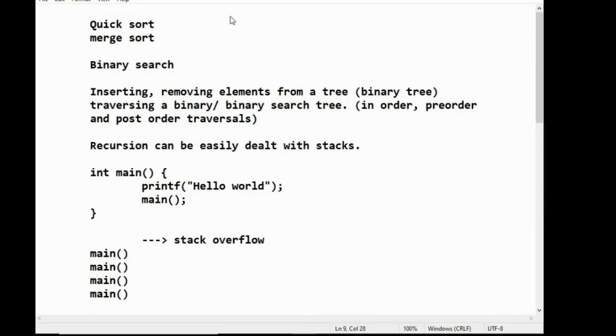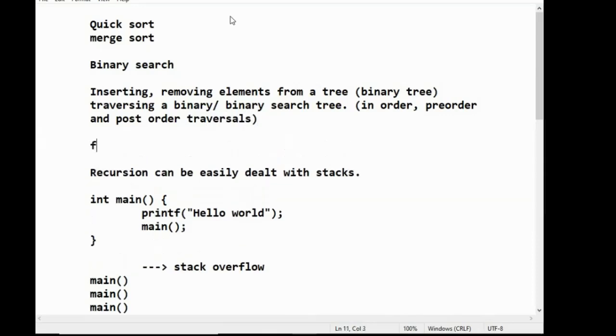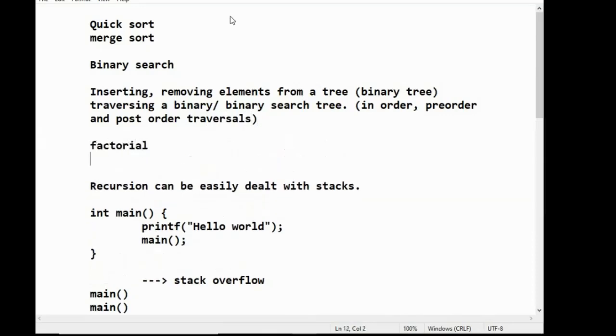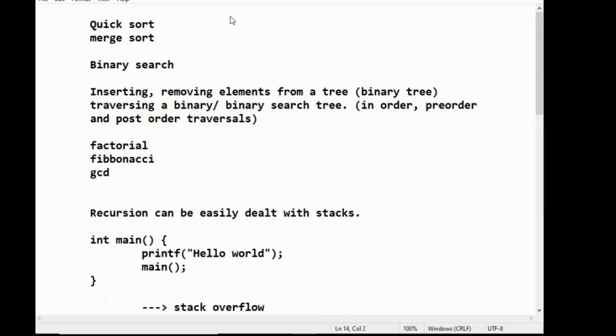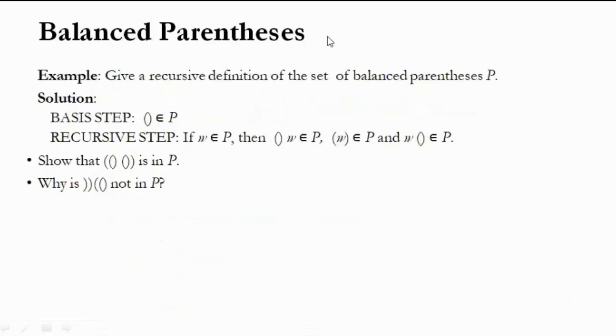Like this, many things like factorial, Fibonacci series, the GCD, length of a string, many things. Anything where you need to traverse till some point can be written in a recursive fashion. The balanced parenthesis problem is also like that.